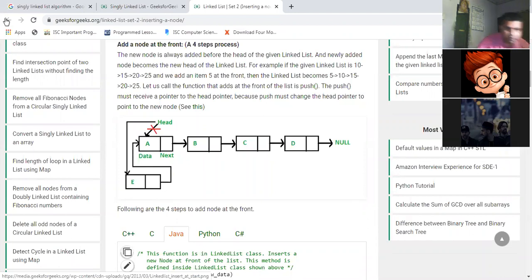Now, if you see the direction of the arrow very carefully, initially A was the head node of the entire linked list. By virtue of the code, this link gets cut off. While this link is getting cut off, the memory address of this particular node has already been initialized into this node.